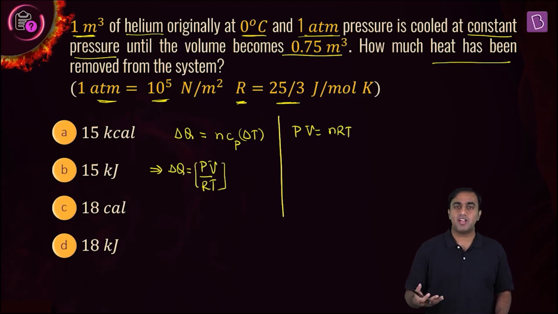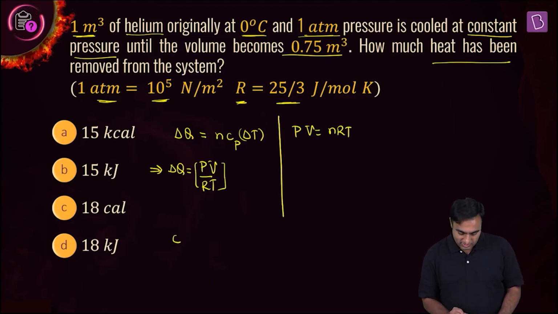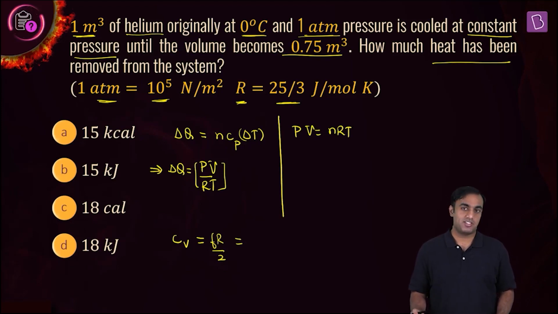Now, what is Cp value for a monatomic gas? Well, first let's find Cv. Cv is a molar heat capacity for the gas at constant volume, and it is given by fR by 2. What is R? Universal gas constant. And what is f? The total degrees of freedom possible. And for a monatomic gas, it is 3. So we have this turning out to be 3R by 2.